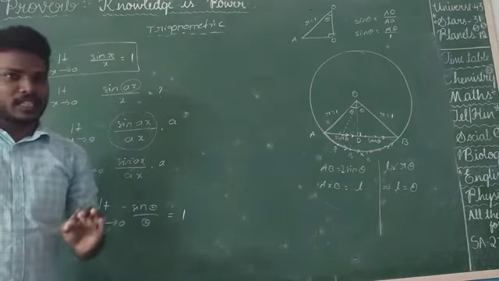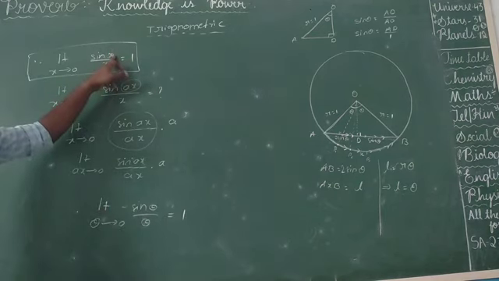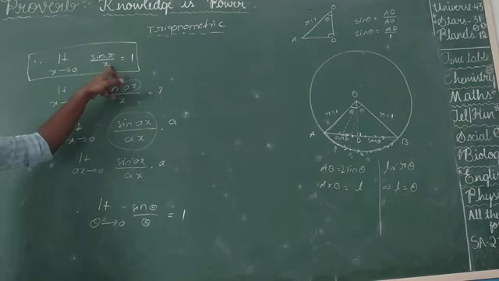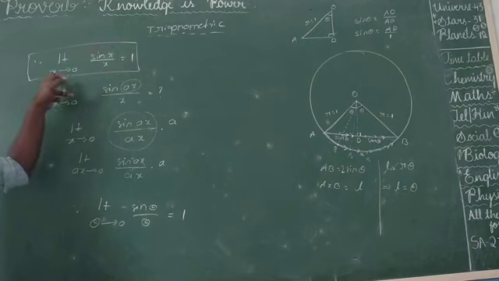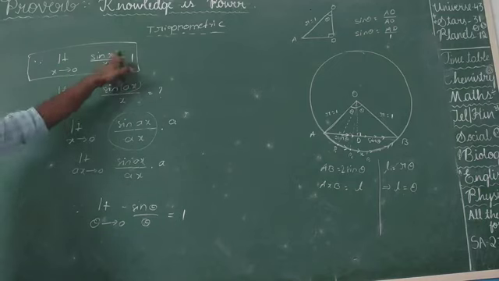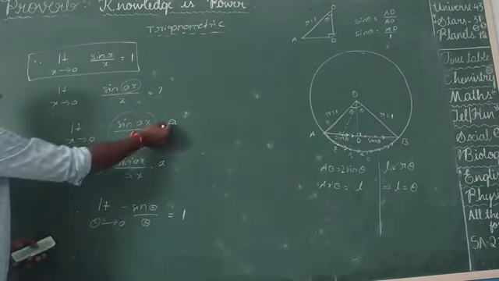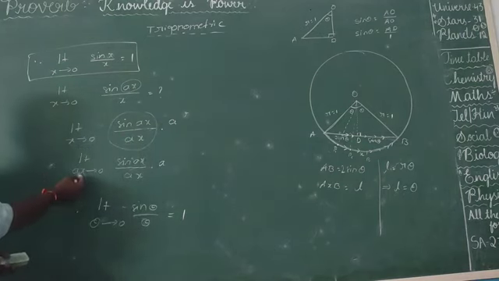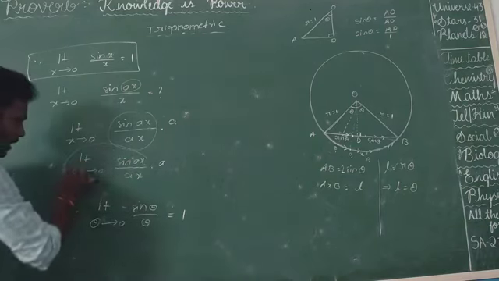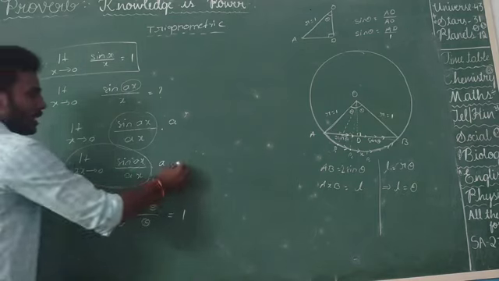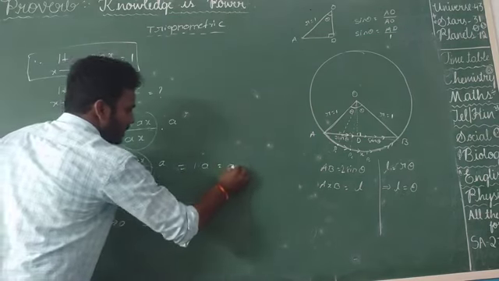So we are observing three things here. The angle of the trigonometric sine and the denominator value are both the same, sin x by x. The angle value should be going to 0. So limit x tends to 0 of sin x by x. These three things are the same; we are comparing that. So now here, x tends to 0 of sin ax by x, I can rewrite as sin ax by ax into a, by balancing a here. Now the limit is also compared to this one, that's why limit ax tends to 0 of sin ax by ax. Now this value becomes 1. So 1 into a, that's why a.